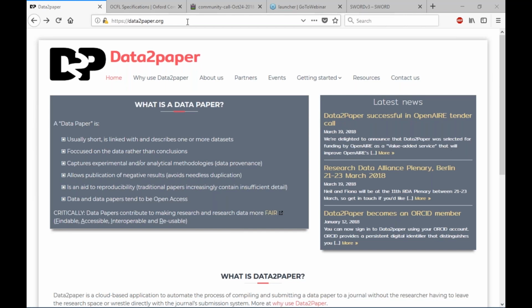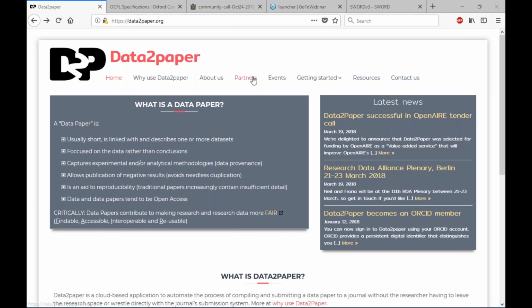So the idea is it's a cloud-based service that connects a DataCite compliant repository to a data paper publisher. And it's effectively a many-to-many connection, which is why it sits in the cloud. As a repository or a publisher, you only connect to Data to Paper once, and it then manages the workflow. So essentially, you start with your data deposited in a repository, and if you're the creator of that data set, then you have a button on the repository that allows you to automate the data paper